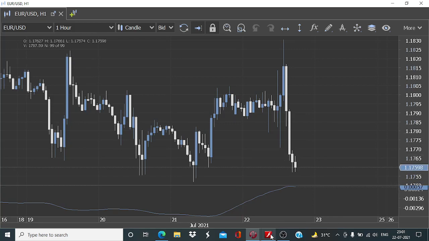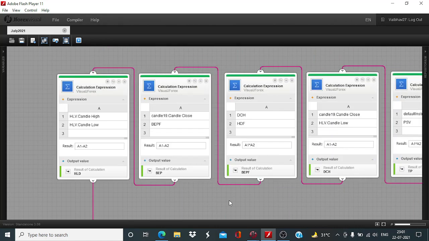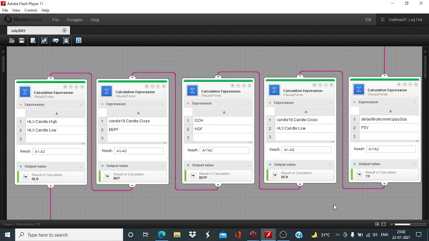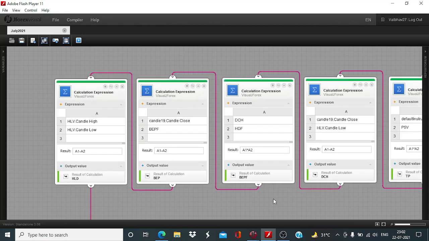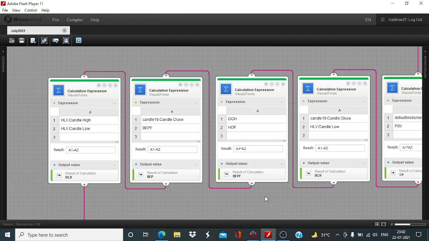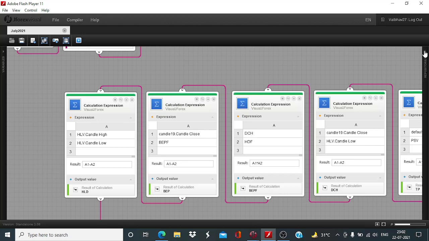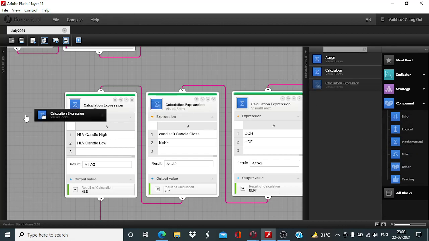So we now head back to the Visual JForex board, and let me check what calculations are already in place. We have already defined this 20 pips requirement. Now we will need to consider the difference between the last hour's closing value and the high of the 5 hours. HLV is our 5 hours data array, and we have to take its high and deduct the last hour closing value from it. I will take a mathematical component, a calculation expression,